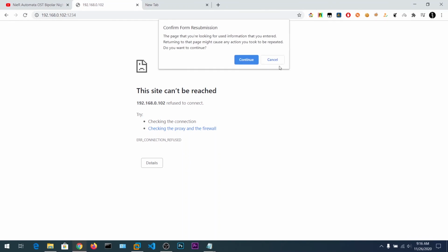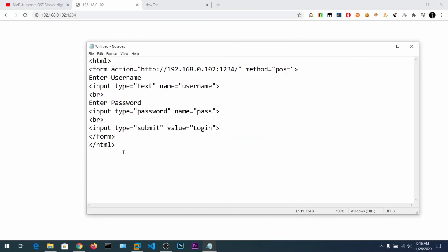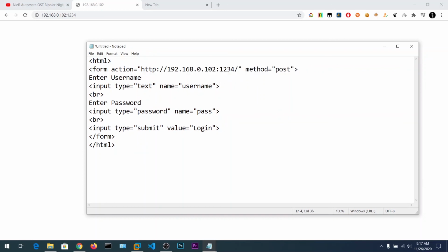All you need to do is make a phishing page. You can just clone it using HTTrack website copier, then change this action and the username and password fields. You can simply change this URL so that you will get the username and the password.